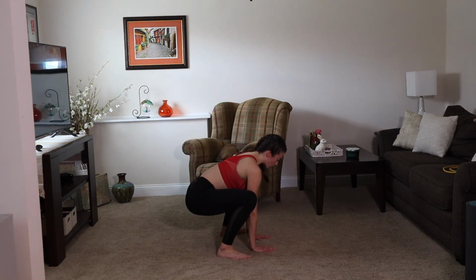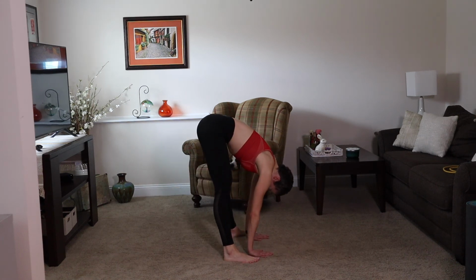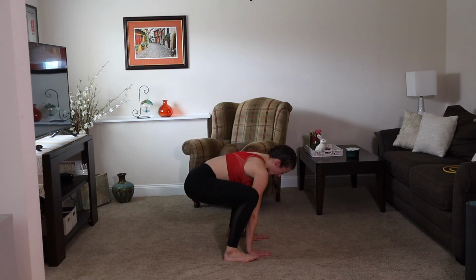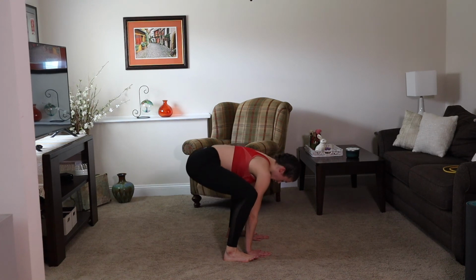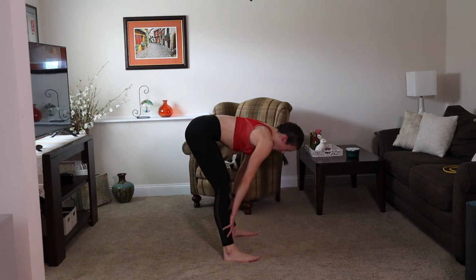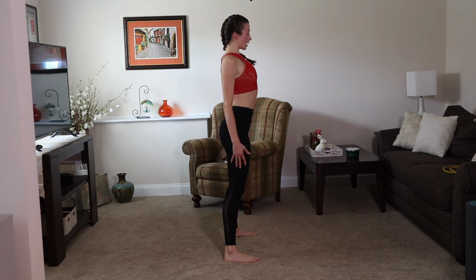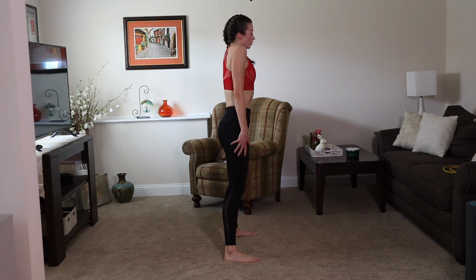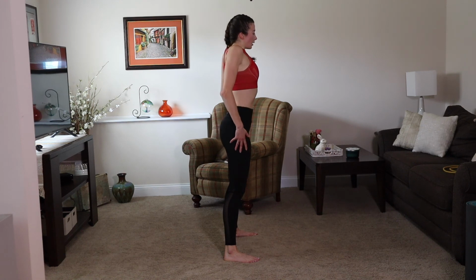Hips coming towards the ground, hold it at your lowest point, and then push the hips up, lengthen out those hamstrings again, eye gaze going underneath and through those legs. One more time, bring the hips down, hold it at the lowest point for a breath, and then push those hips right back up, lengthen those hamstrings, eye gaze through those legs, and then take your time to stand right back up, nice and slow, relax those shoulders down, 2 shoulder rolls, down and back, all the way up, down